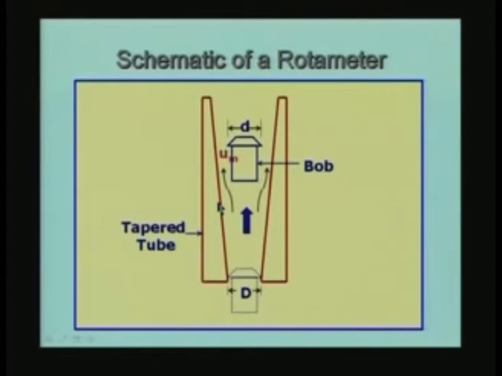So, I have shown a schematic of a rotameter, so that we can take off from this. Essentially what it has is a vertical taper tube. The direction of gravity is from top to bottom. It has to be aligned vertically with respect to the local plane. For example, if you are having a tabletop experiment, the tabletop is supposed to be horizontal, the rotameter must be exactly vertical to that plane, to the horizontal plane at the local place where we are making the measurement. The rotameter must be exactly vertical.